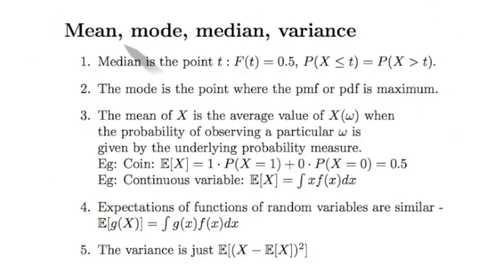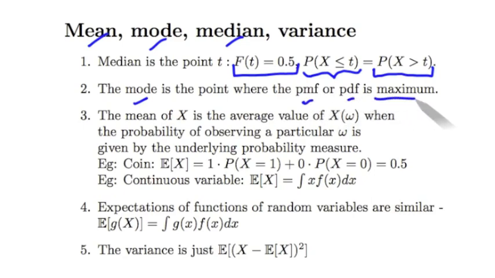Let's move on. There are three important central points of a distribution, if you might. The median is the point at which F of t crosses 0.5, or rather it's the point where the probability of being less than or equal to that point is the same as the probability of being larger than that point. That's the median. The mode is the point where either the PMF or the PDF is maximum. So in the previous example, that is the mode of the PDF, and the largest peak would be the mode